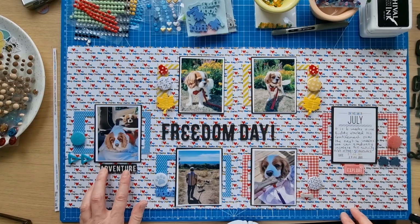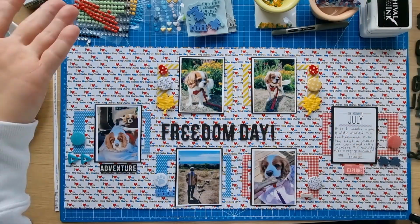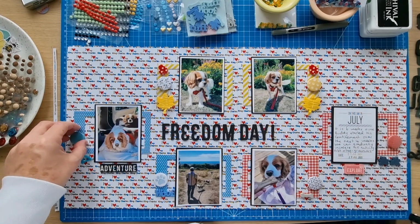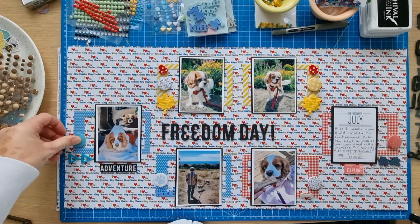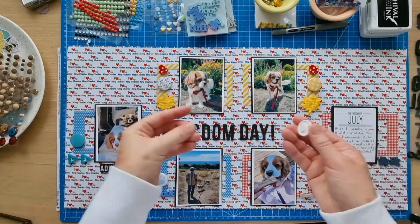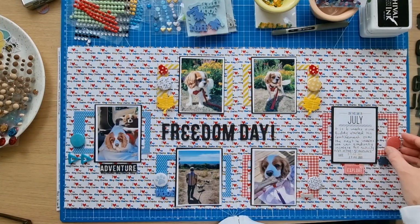Right. I think I like that. Now, I've got all these other bits here, you know, like sequins and dots and everything, but I'm looking at this layout now and I'm not actually sure how I would fit those on. And also, the other thing that crossed my mind was framing it. So, framing the pattern paper with a black frame, keeping these edges together but framing the whole of the outside. But decided I didn't want to do that